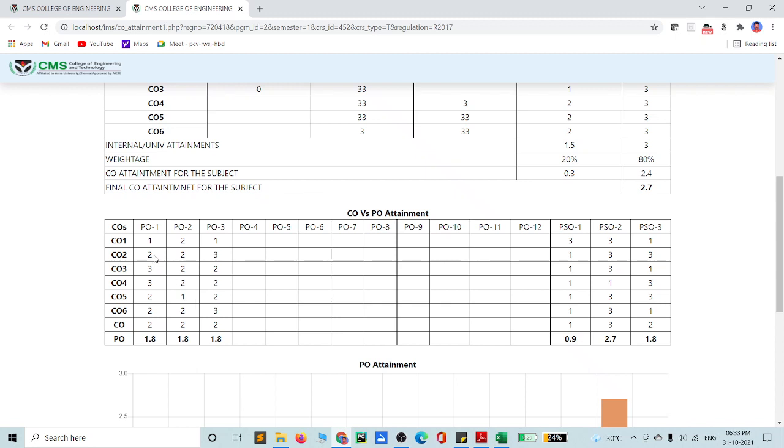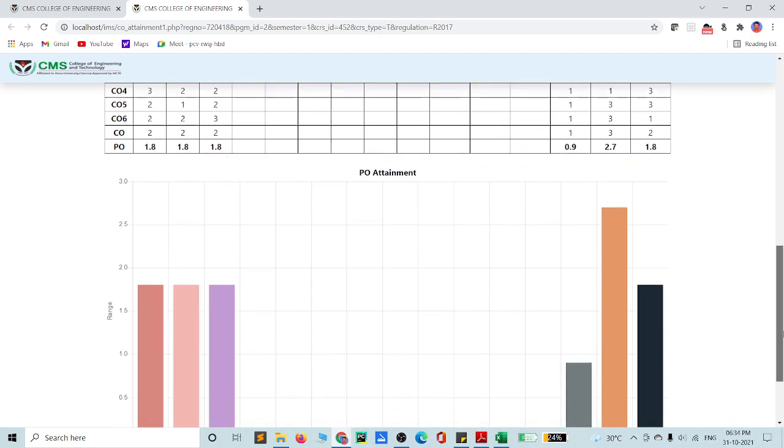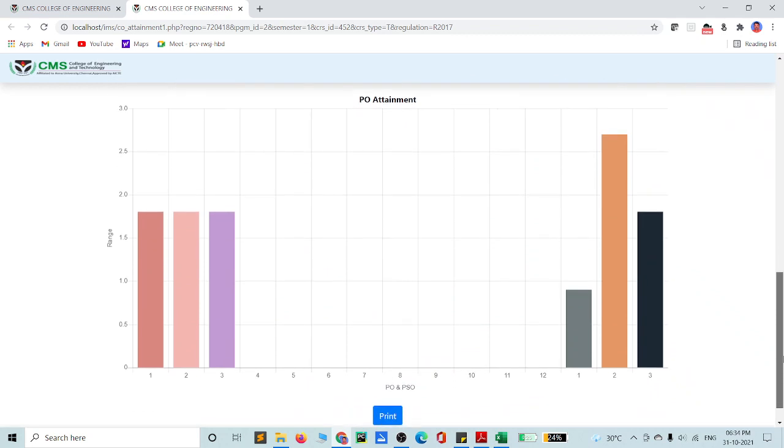We have already mapped the corresponding 6 COs, 12 POs and also 3 PSOs. Okay, so here we are giving the marks, as we already discussed, the average point is 2 points, here is a 2, here is a 2, then 1.8 we calculate from the 2.7 into 2 divided by the total value, as I said the point scale is 3. Okay, so this is the final PO attainment. So this is the final graph, we get the attainment of CO.